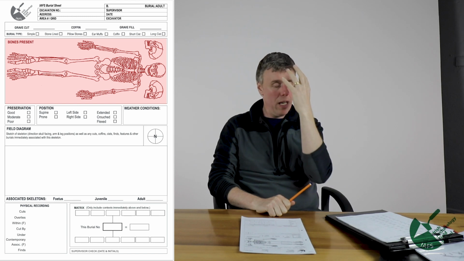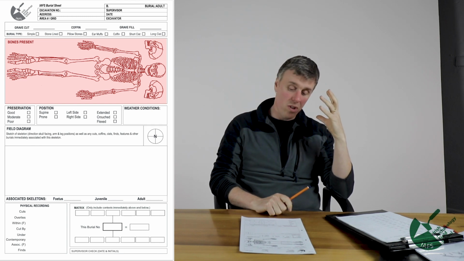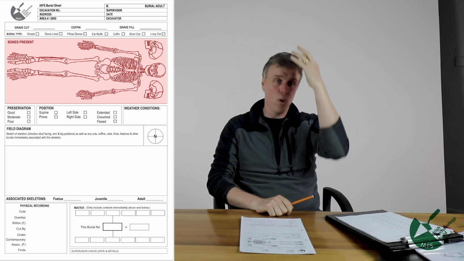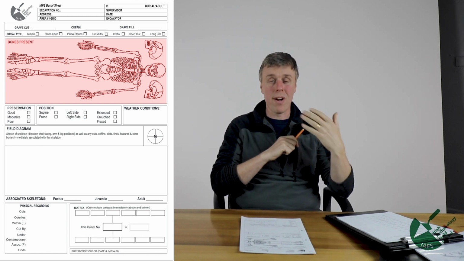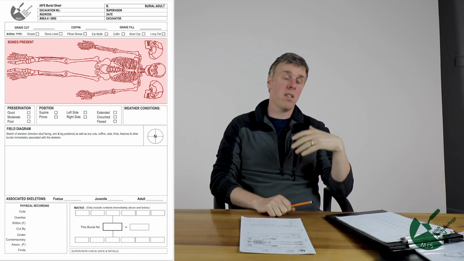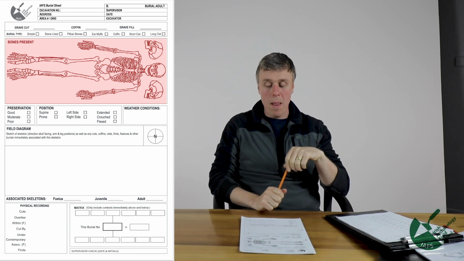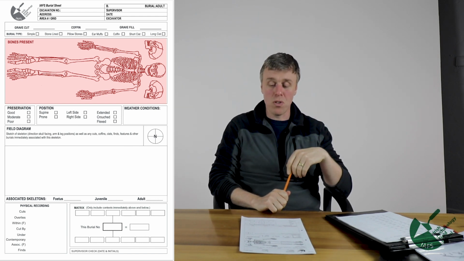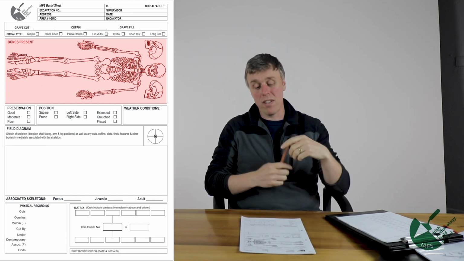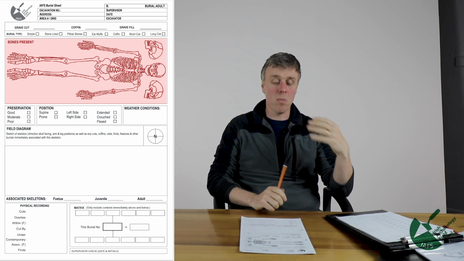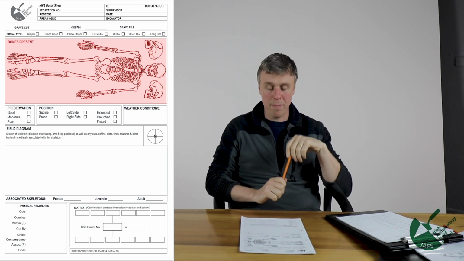The head typically, or the skull, will be the highest up position in the grave. So where all things are equal, you should start at the west end, because you'll probably hit the skull first, and that will give you a good orientation point of where to start from and how to progress. Now, of course, the burial could be put in an unusual position. It could be prone, it could be face down, but you have to work with the best knowledge you have. So if you start at the west end, you're quite likely to pick up the skull first and then be able to orientate yourself. You don't want to be starting near small little bones like phalanges or tarsals, where you could lose them quite easily.